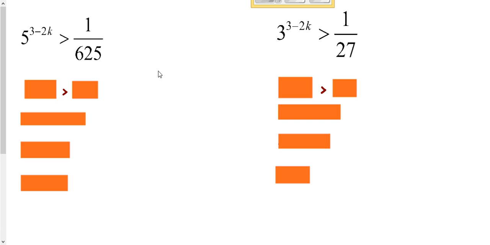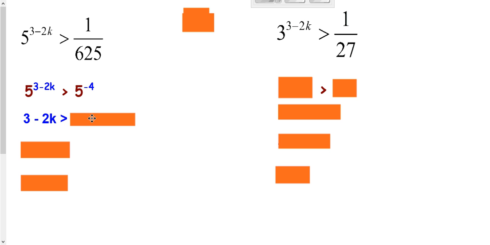Same thing is true when you're dealing with inequalities. This is 5 to the power, so we're going to leave that as 5 to the power. We can't change our base. This is really 5 to the fourth on the bottom, but if we bring it up, it's really 5 to the negative fourth. We get the same base on each side, so all we have to do is deal with the exponents. Take our exponent there, take the inequality sign as we see it, take our negative 4 other exponent, and then